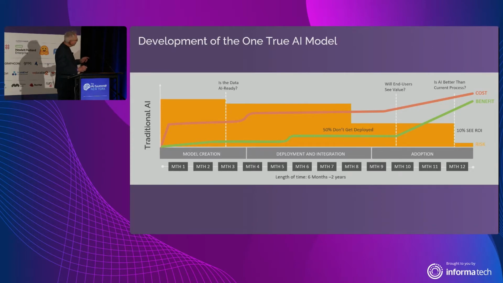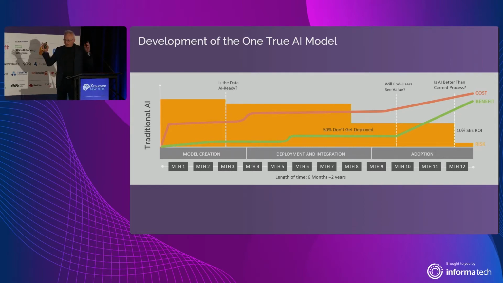And why is that? Because we assume a lot of cost up front. And as soon as we assume costs, we're assuming risk. And we don't know what the benefits are going to be until very far down the road. And it's only at the end when we actually find out what the benefits are that we retire risk and actually see if we got any impact out of the model. This is waterfall, okay?